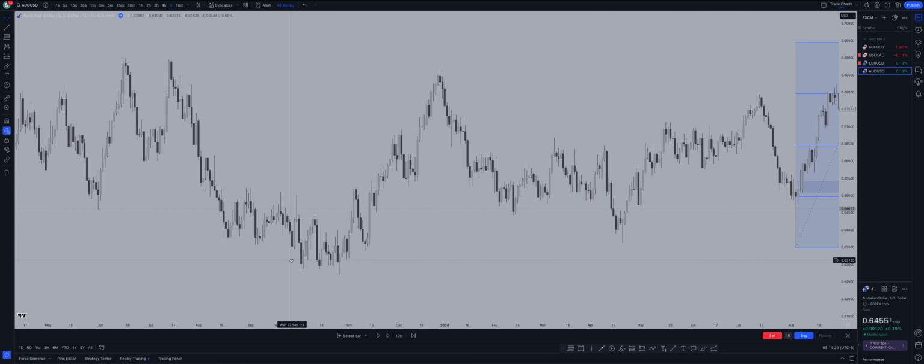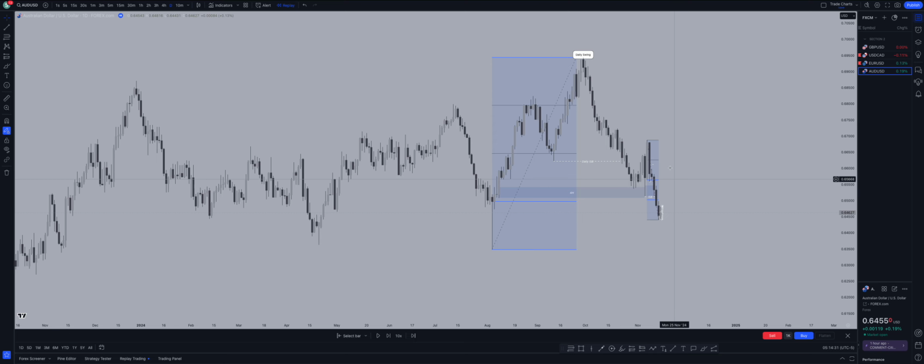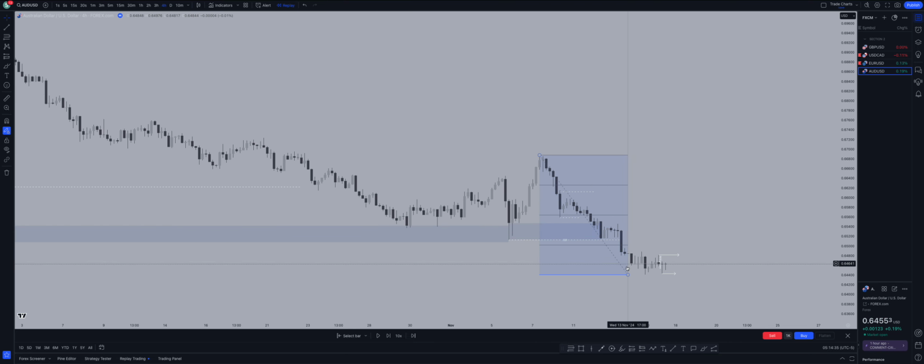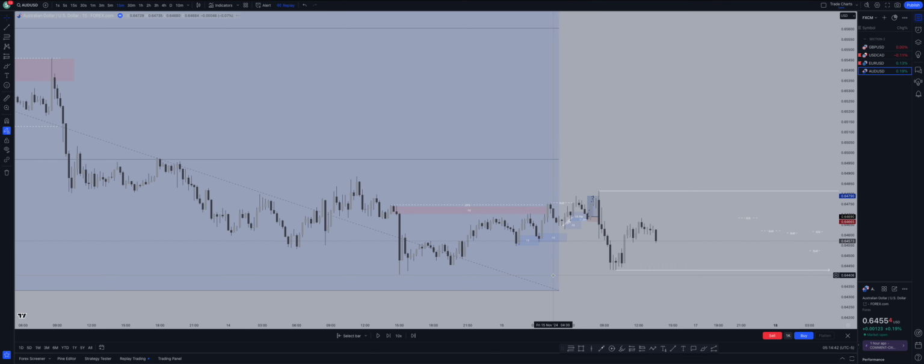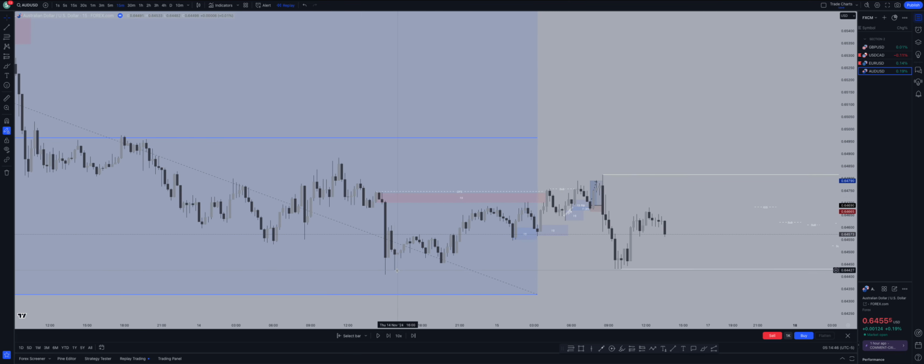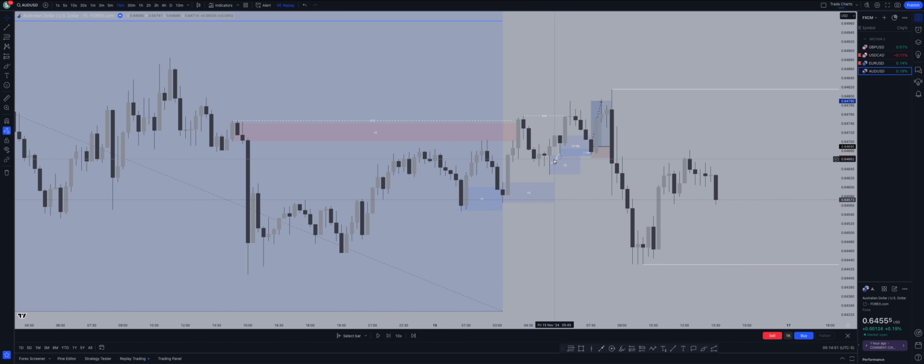Now lastly, AU. Daily swing is bullish. Daily internal is bearish. 4-hour, I'm sure you guys can guess, but the 4-hour is also bearish. The time our price started was right around here. So we had this massive bearish leg to the downside. We had an order flow shift to the upside. Break up, another sub break, retrace, and another sub break. So let's take a look at any of these areas, see if anything was valid.